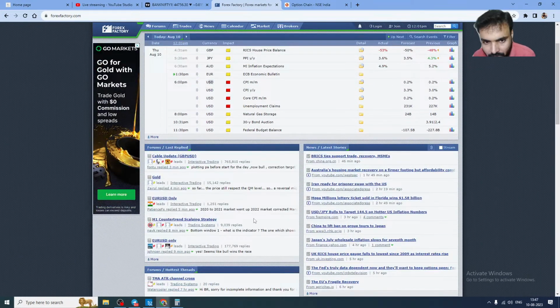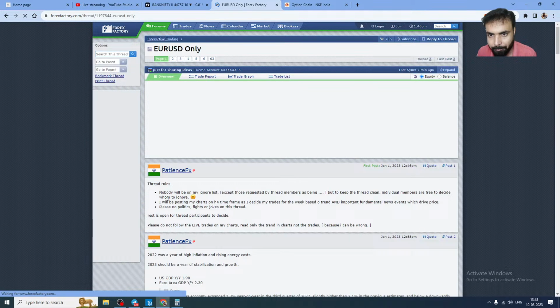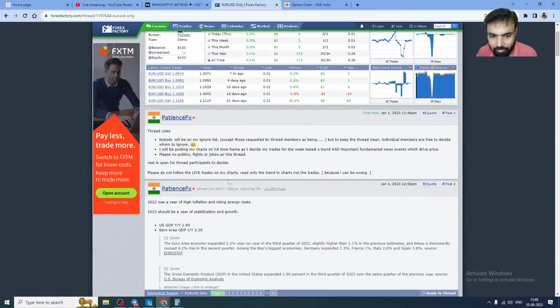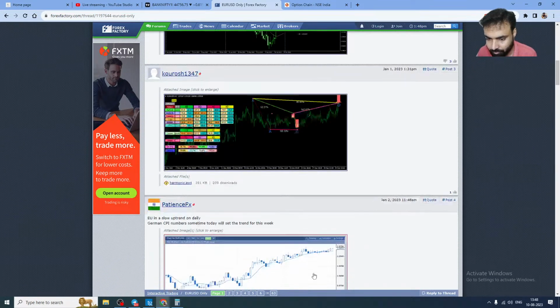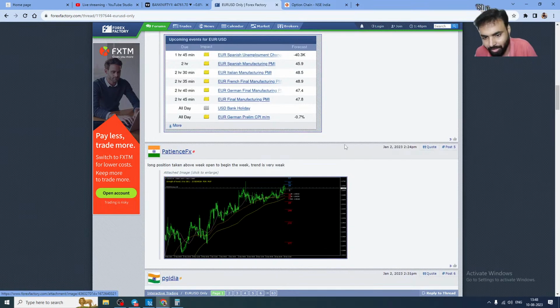If you go to forexfactory.com, you can see a lot of forums there. People share their threads. For example, EUR USD only. If you click that, you can see a lot of people sharing their inputs. You can see January. Maybe we need to go to the bottom. You can see their inputs, what they are looking for, today's trading, all those things will be there. But it's January 2, right? So let's go to the last page.